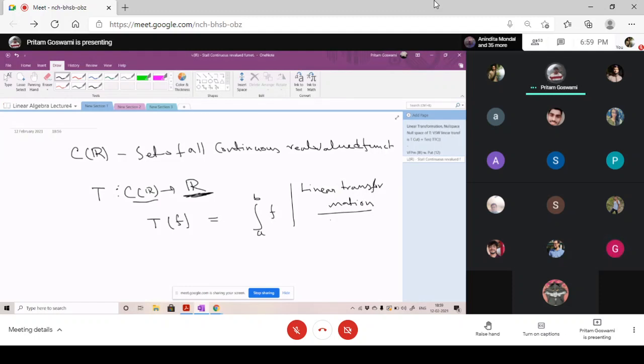If it is continuous, then it is integrable. But if it is not continuous, then it also can be integrable. But there is a thing called measure. That is a different thing. If the set of points of discontinuity of a function is a measure 0 set, then you can say the function is integrable. So that is something different.